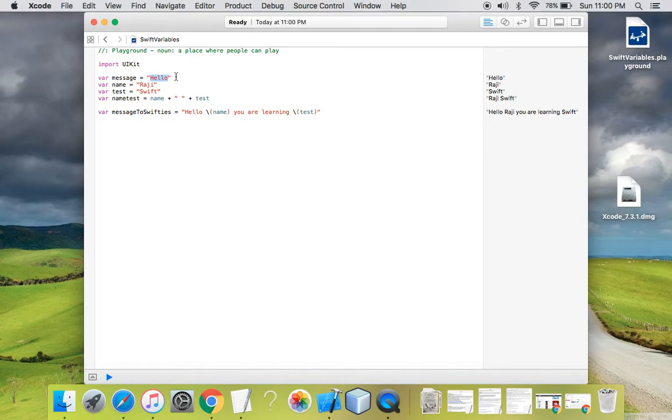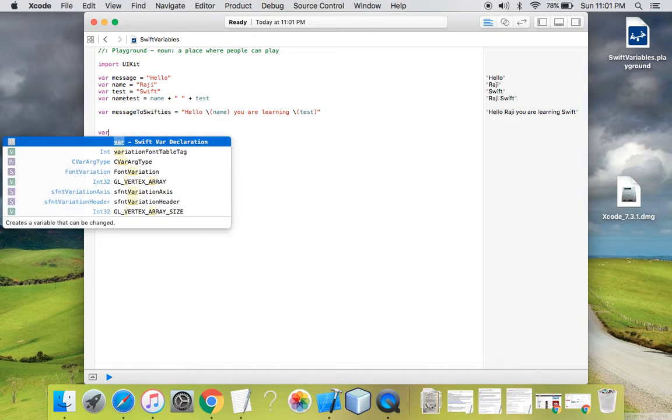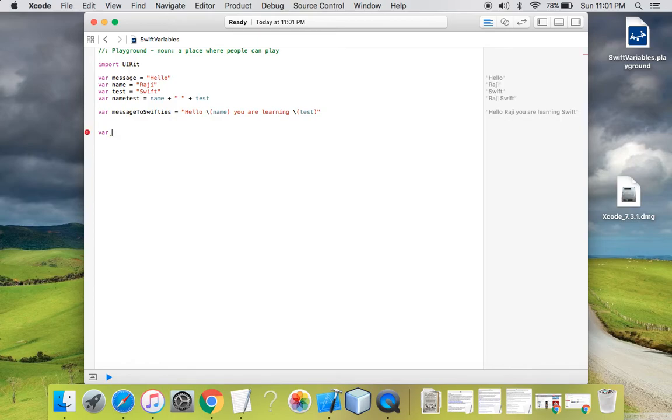But now we'll start working on how to create a strongly typed variable. If I explicitly want to pass a variable a value of type string or int, I'll let you know how. For this, I'll create a variable named explicit type. I've created a variable with the var keyword and the name of my variable. Normally here we don't do anything else. We just create a variable and then assign a value to it. But when we want to strongly type the variable,